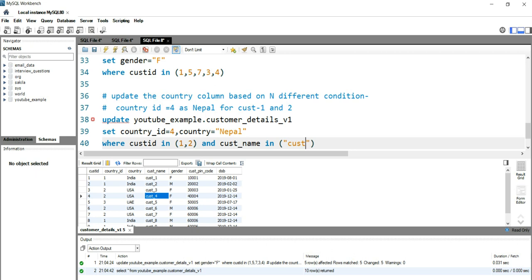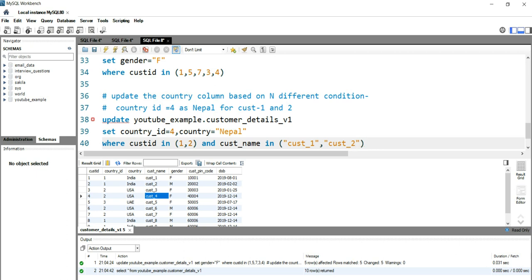So I'll put cust_1, comma, cust_2. Now you might think that this query will work, so we have put the two conditions here and it should work,